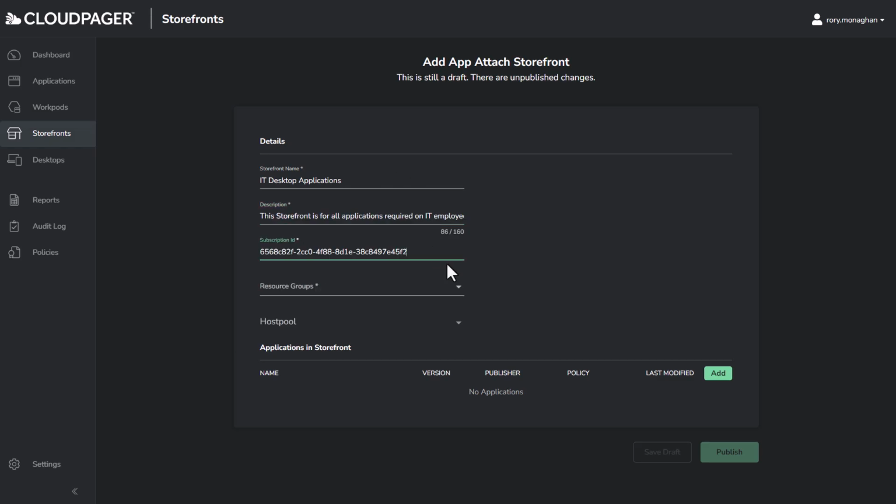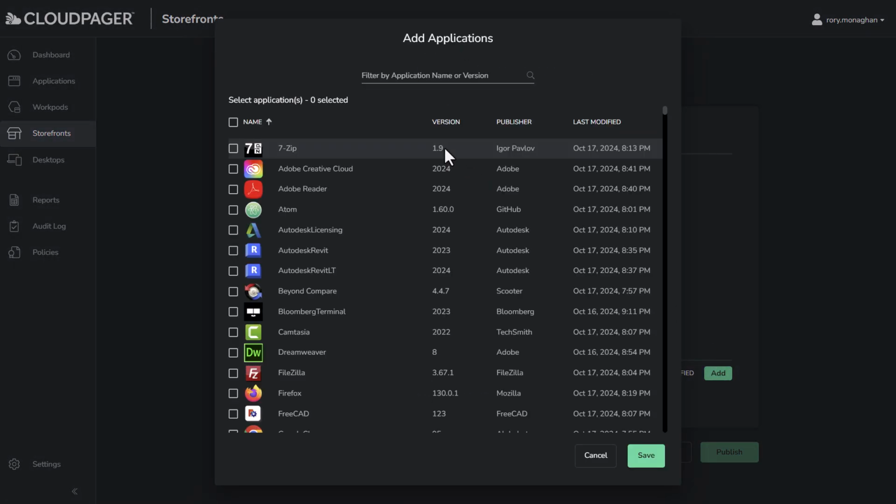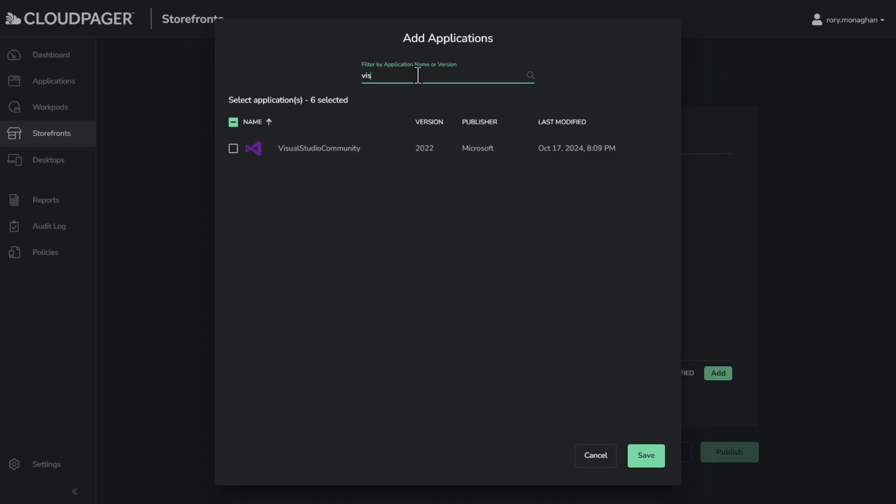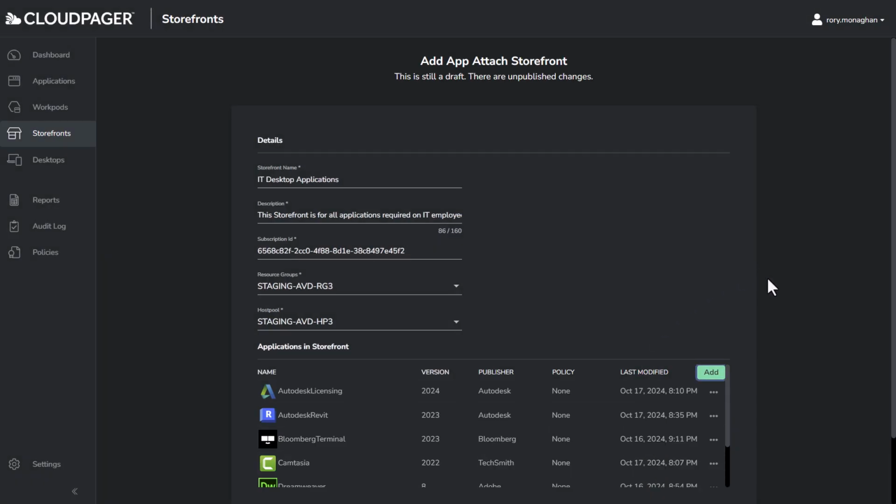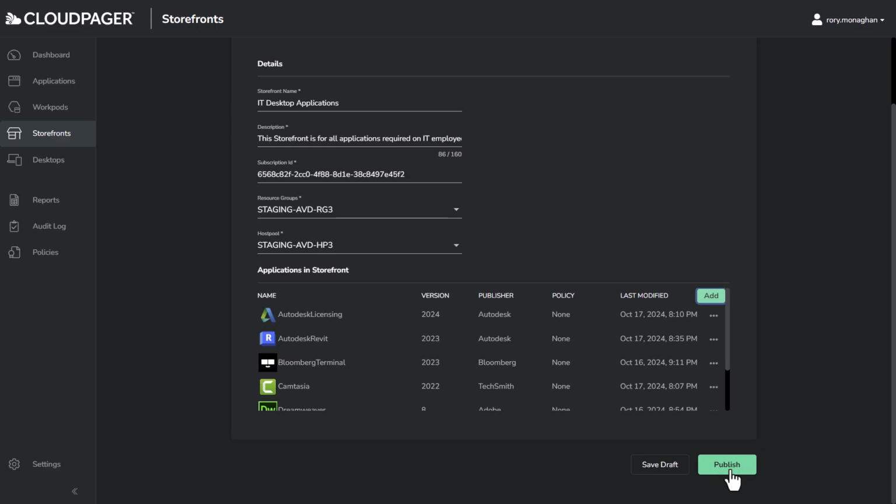Once entered, I can select a resource group associated with the subscription ID. Then I can select an AVD host pool. At this point, I can add applications I wish to publish for the employees using the Azure Virtual Desktops in this host pool. When I've selected all the applications I would like, I can then click Publish, and I will be prompted to